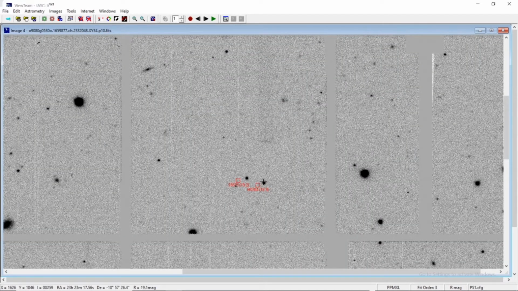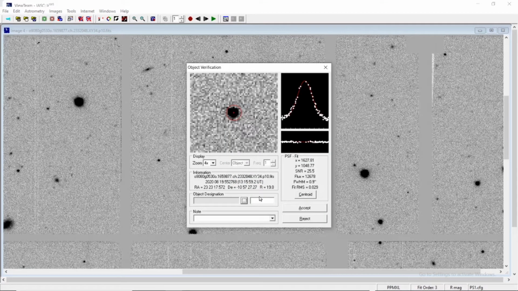In that image number 4, if you go for it, you just click over it, it's 19.0. So you can see the SNR is 25.5, acceptable. Everything falls into place. The graphs are beautiful. SNRs for all the images, they are greater than 5 and the variation in capital R, it is less than 1. The minimum value being 18.9 and the maximum value being 19.3.